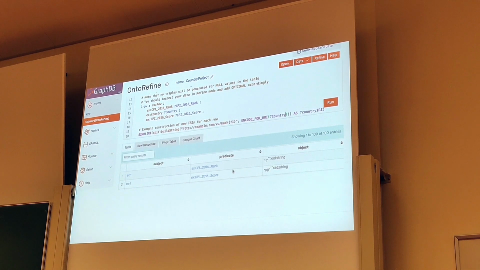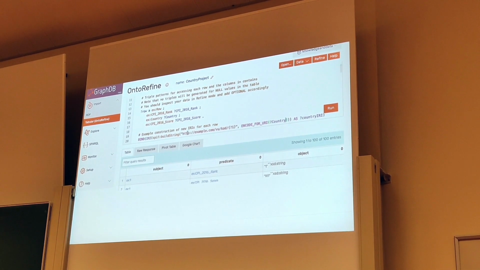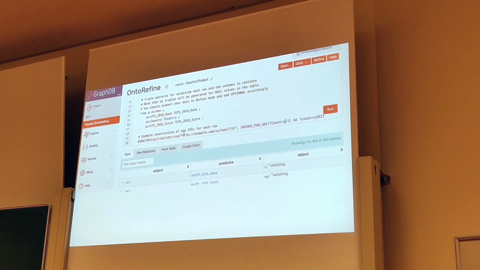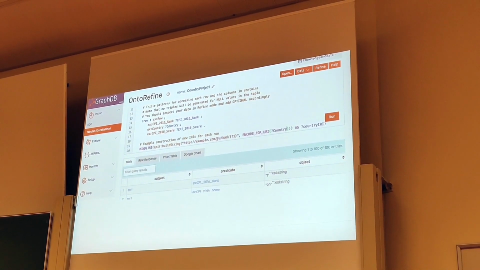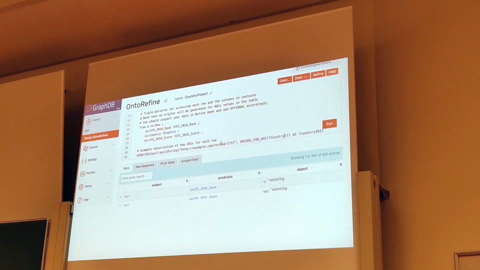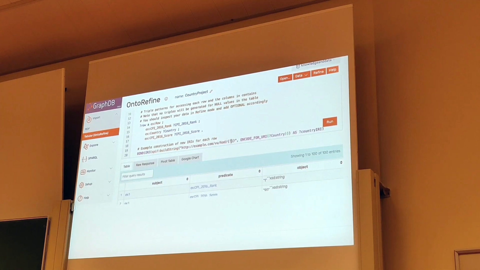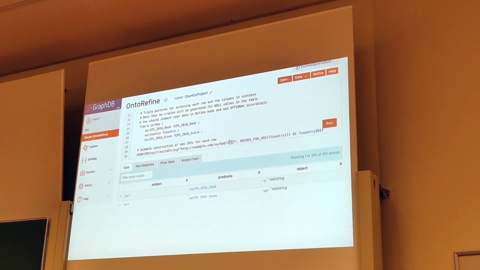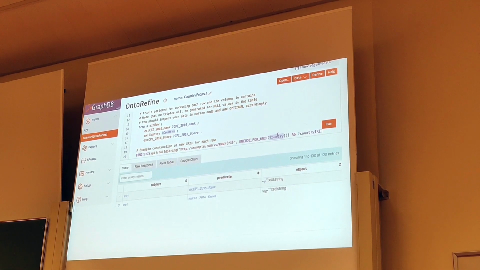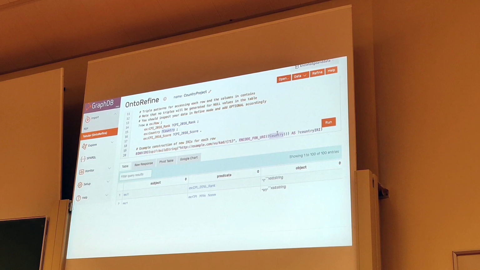What I'm basically doing is creating a URI that is http://example.com/view/knowledge/data/, and instead of the question mark here, replace this question mark with the value of the column country. So in the first column, country will be New Zealand,